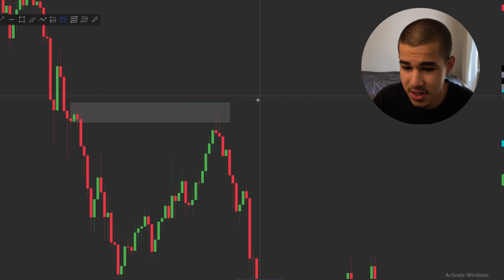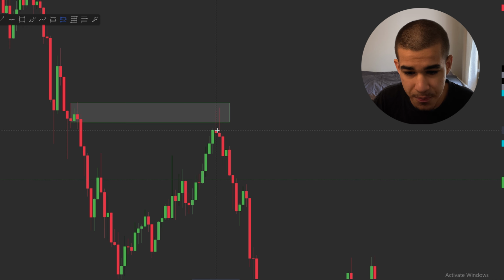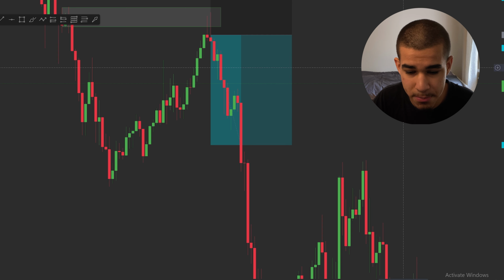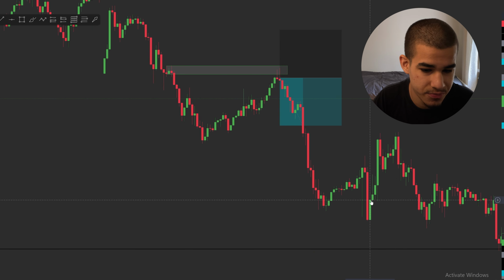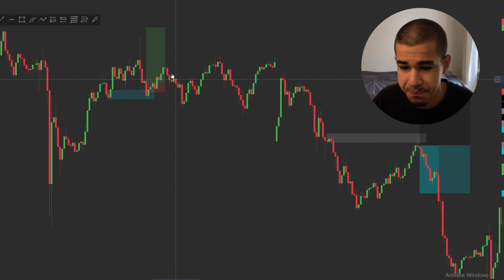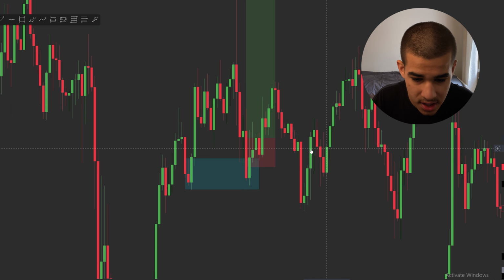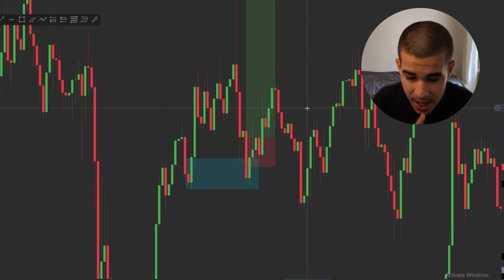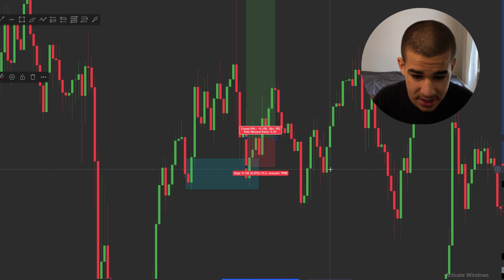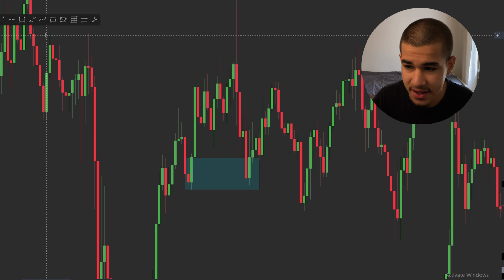And as you can see here, I'm not going to go over this, but you would enter right here with a 1 pip stop loss and a nice risk to reward. Now as you can see here, this is a valid loss actually. You draw it out normally and it's a completely valid trade, but it got invalidated once it closed inside